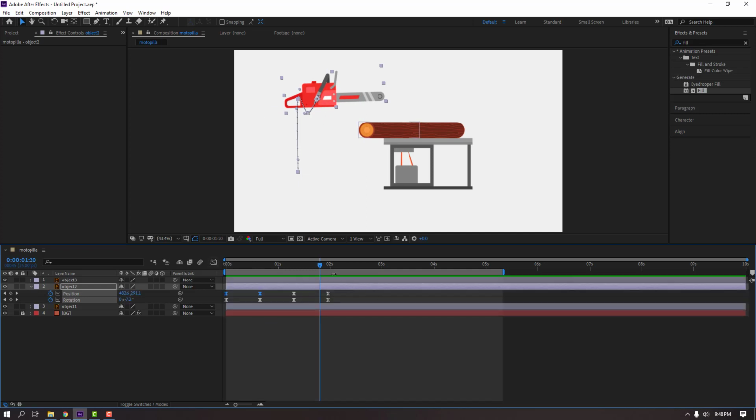and click this icon and go to 5 keyframes and move to down again and right. Change rotation. Let's see. Okay, let's change rotation like this. Okay, and go to here, move to up and change rotation, and go to here again, move to down and change rotation like this. Move to right. Let's see. Okay,